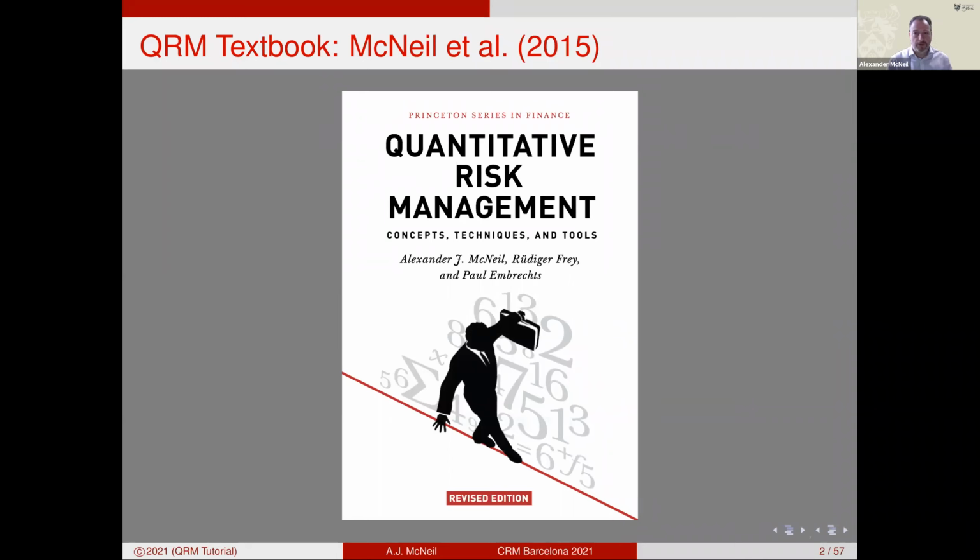And we wrote a book, actually the first edition was in 2005. We wrote about methods for market risk and VaR calculation. We wrote about methods for credit risk and about methods for integrating risk within a financial institution. And then after the financial crisis, we wrote a second edition, an extended and revised edition. And if you want to know more about what I'm talking about today, then this would be the primary reference. But I will be talking about more recent research that has appeared since 2015.